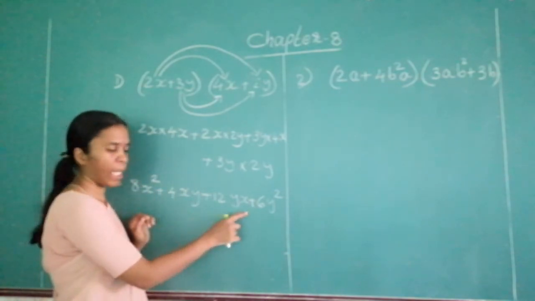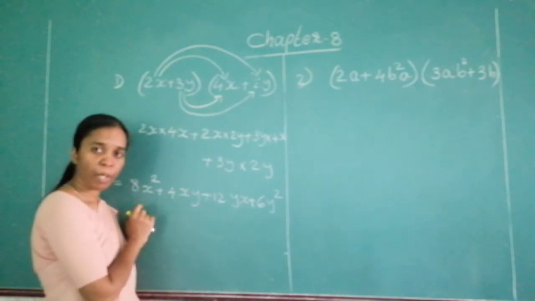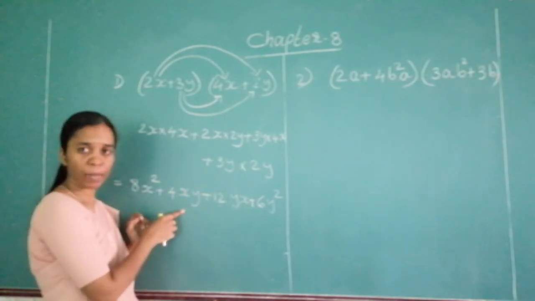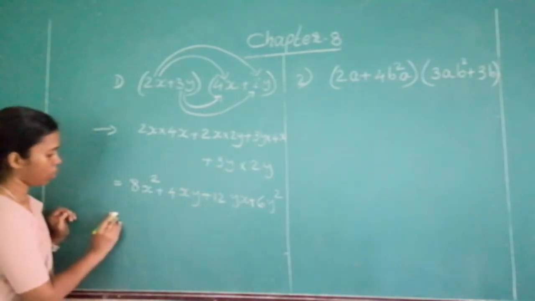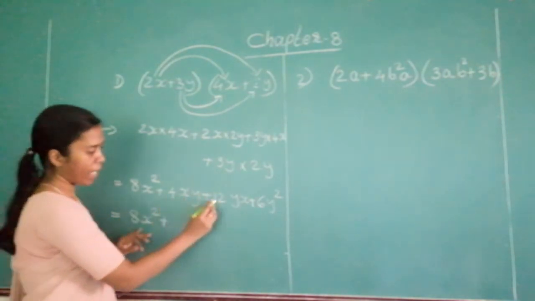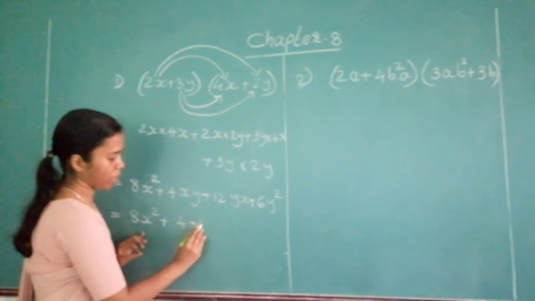x and y, x and y. What is the power of it? Power is same, 1 and 1. So we can add them since they are like terms. So how do we add? That you know. Add the numbers, 4 plus 12